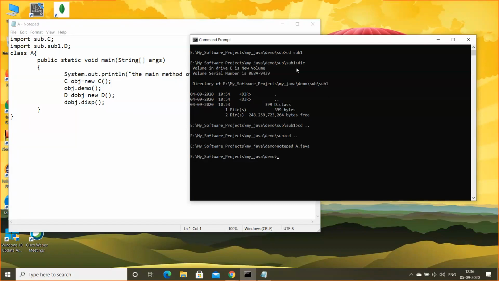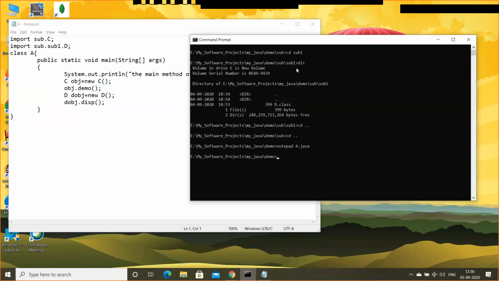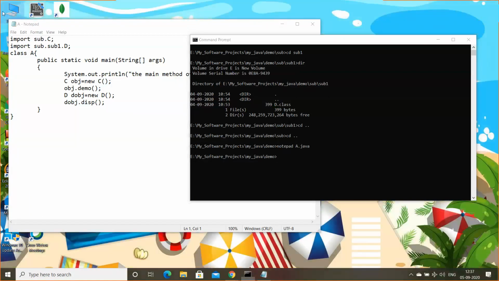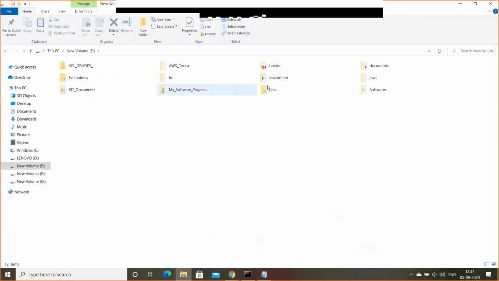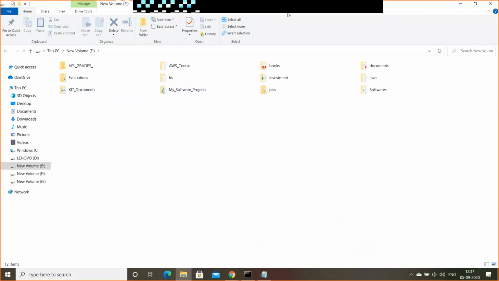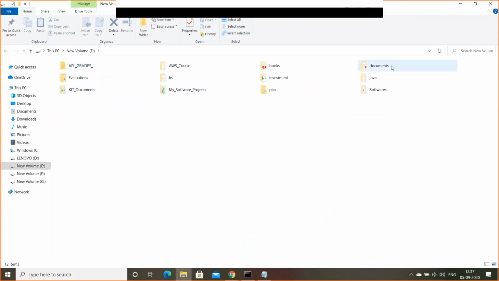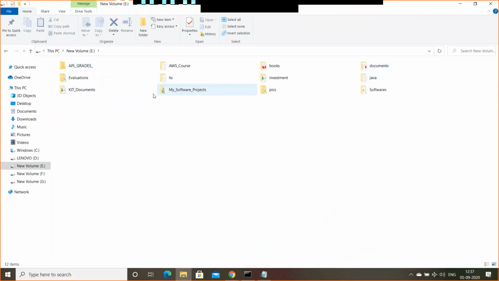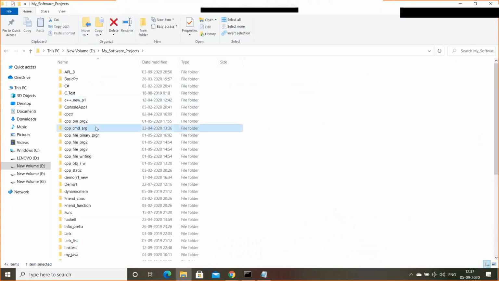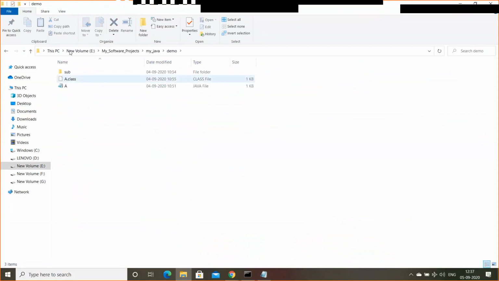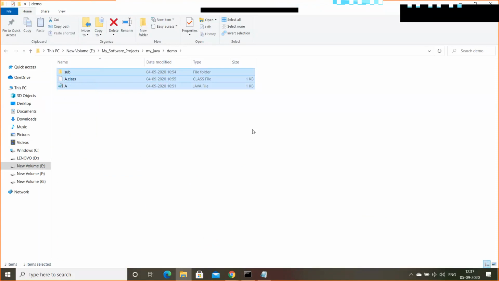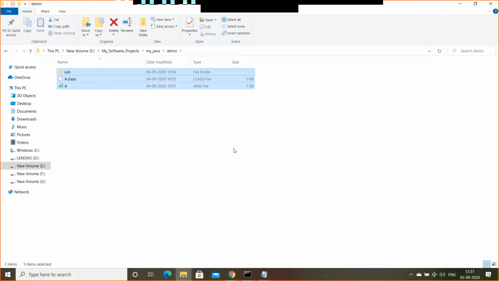So we will learn how to, another thing, let's say the demo is the program that we want to sell, for example. Let me go to my software project and then go to the demo directory, I guess. So my Java, and in that demo. Let's say I want to sell this program as an application, for example,